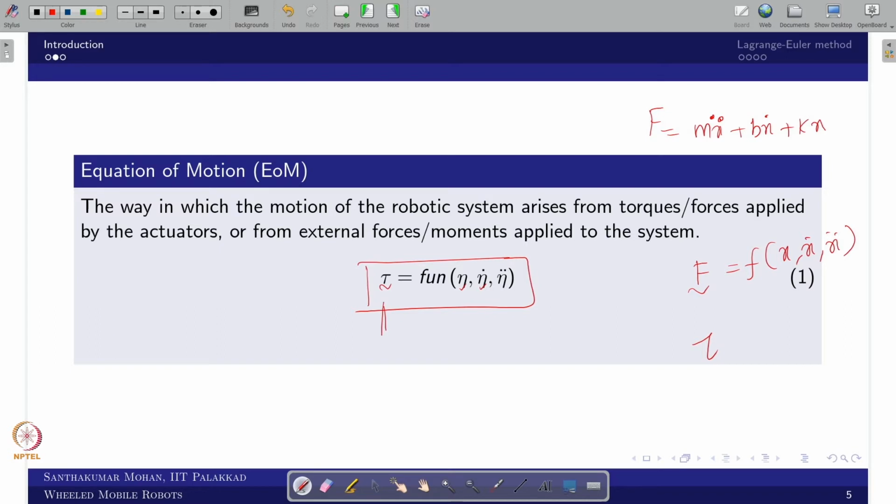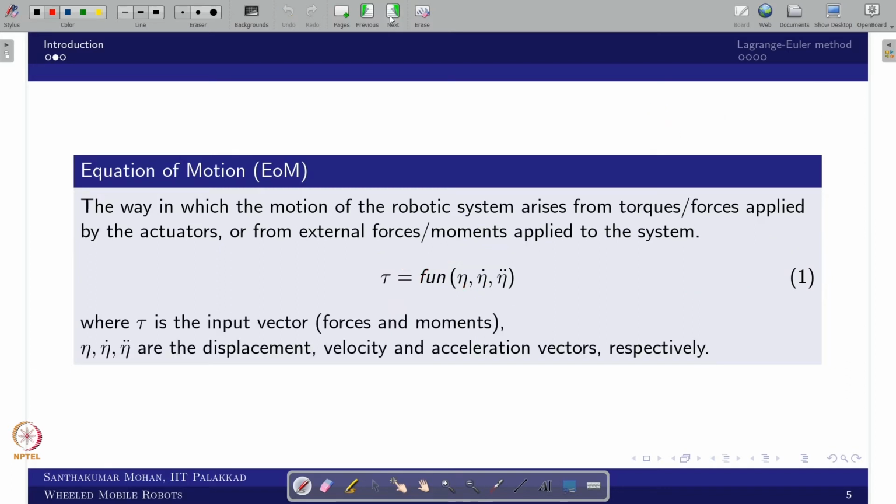On one side there is an input, and on the other side is the response to the input. In the sense, this is action and this is reaction. We are trying to see the relation between action and what would be the reaction at the system level. This is what you call the equation of motion. Why is this so important? You can do two subsets of the dynamics, and that is what we are trying to focus on.